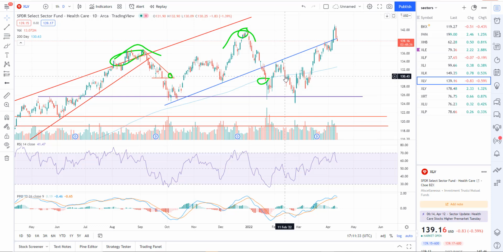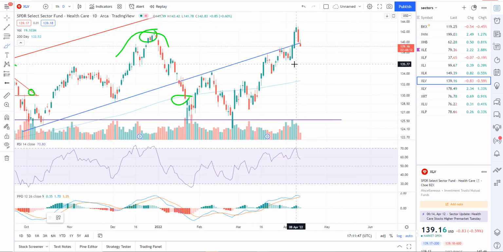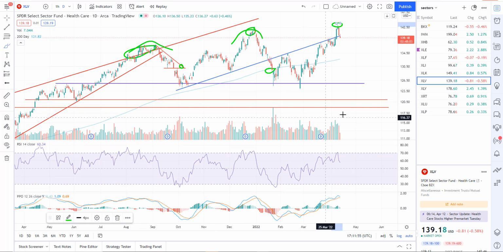Tech's the largest and healthcare is the second largest. So that's been kind of holding the S&P 500 up. If we start to see healthcare selling off along with tech, we should see a general market sell off as well. Something that I'm looking for: you can see right now, we just made a new higher high than the former high right here. So we made a slightly higher high, and yet we've got negative divergence.